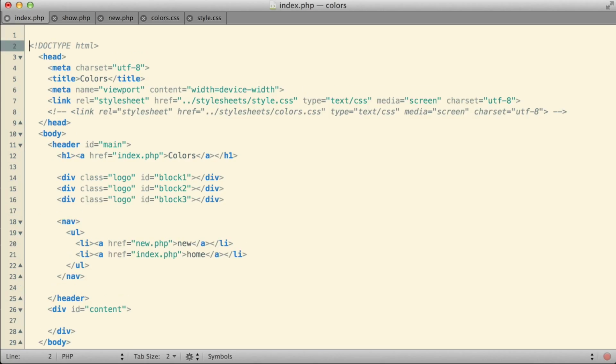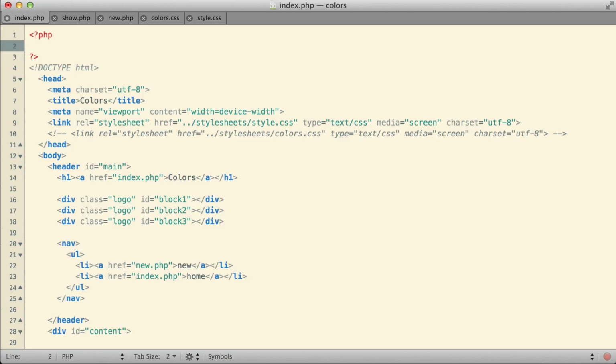What I'm going to start with is putting in a PHP block up at the top of my document, and inside that PHP block is where I want to go through the process of reading the data from my file. Let's go ahead and start up here by opening our file. I'll use the fopen function like we've done previously.